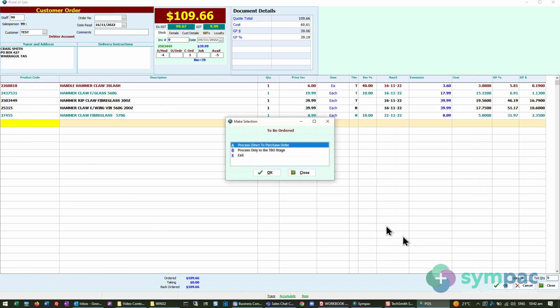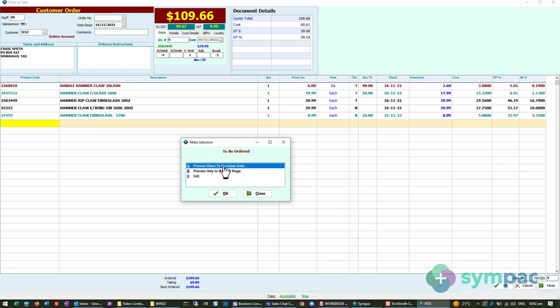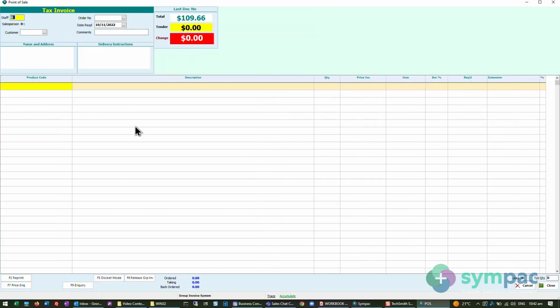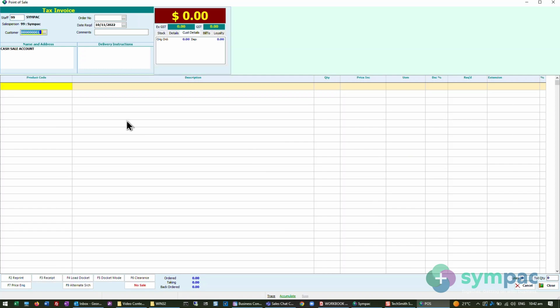So once I click OK, I've got an option here to either put those items direct to purchase order or process them to the TBO. So I'll go with the TBO, and I'm not going to print any documents. We've been there and done that. So that's one way. Another way is that if you happen to be in point of sale,